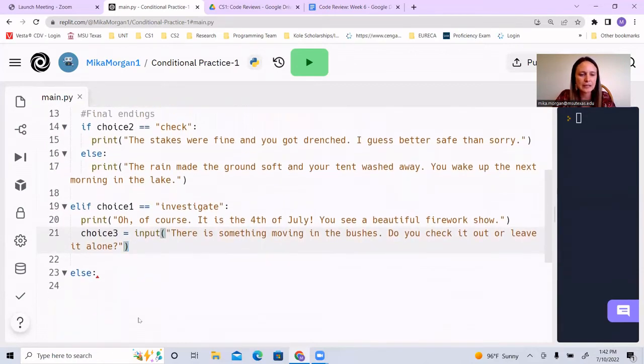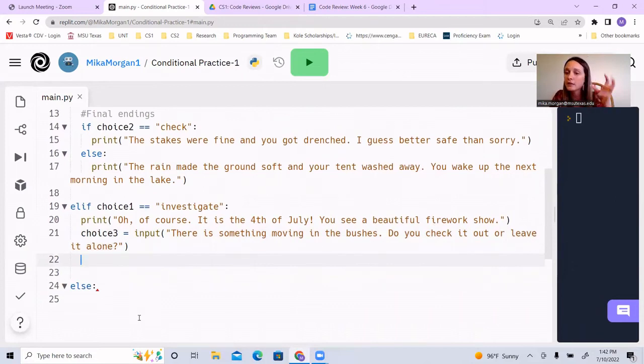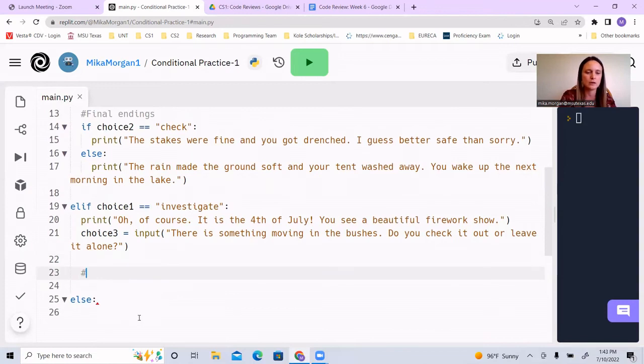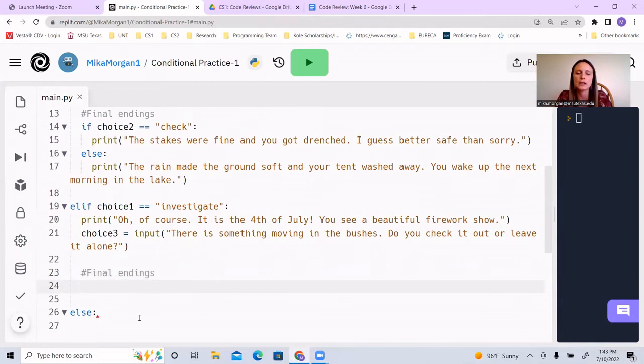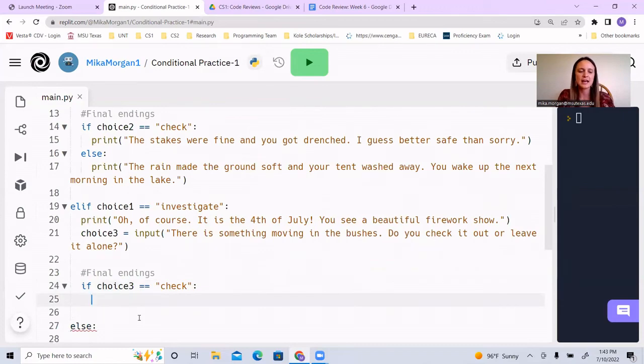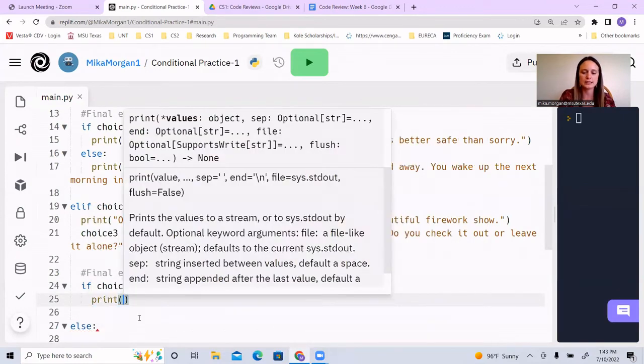So what's going to happen down here is another if statement. We're going to have our two endings for this path. These are going to be our final endings, and we'll have two different endings based on whether they check out what's in the bushes or whether they leave it alone. So if they go check out what happened in the bushes, then we are going to print,